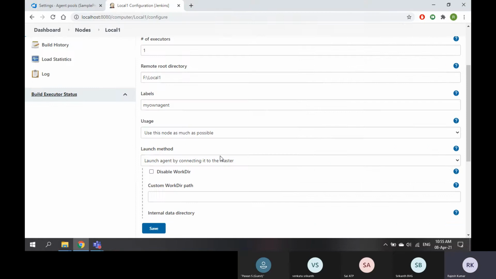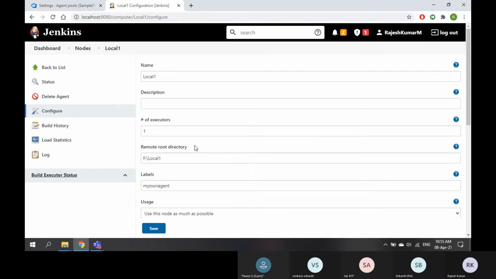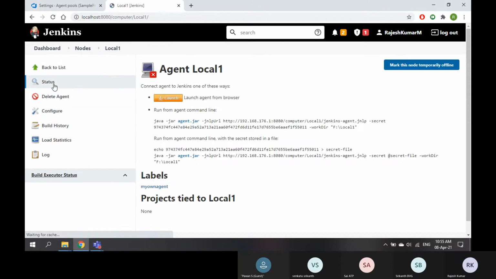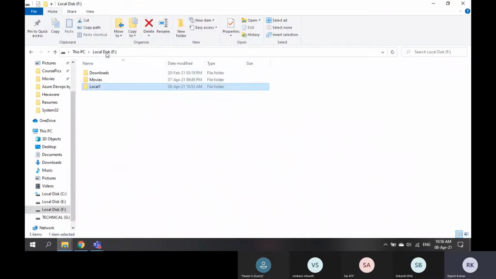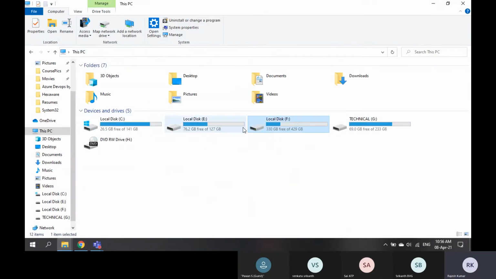If you see, the status is offline. When you want to bring this online, you need to run this: run from agent command line. Let's assume this drive is on a separate server. Or no, this may be a drive on my local computer only, but assume this drive is on a separate server.